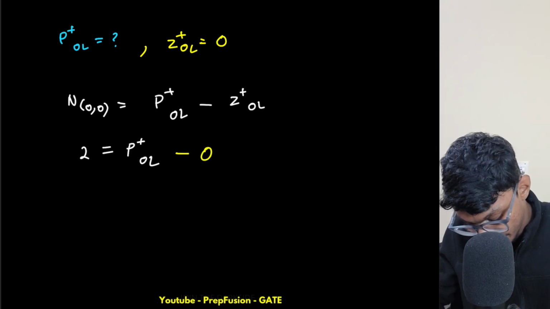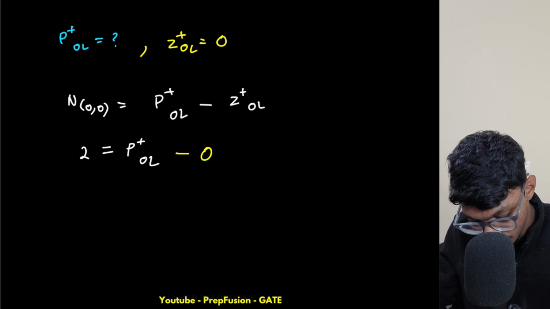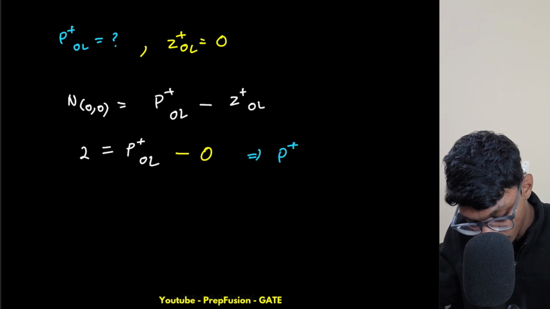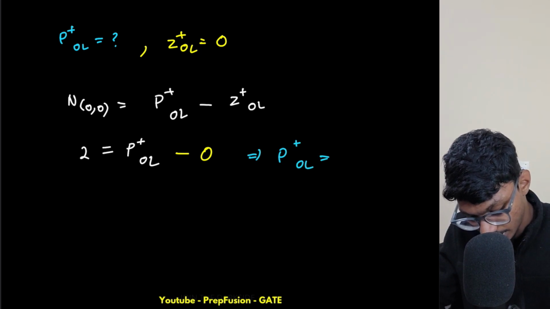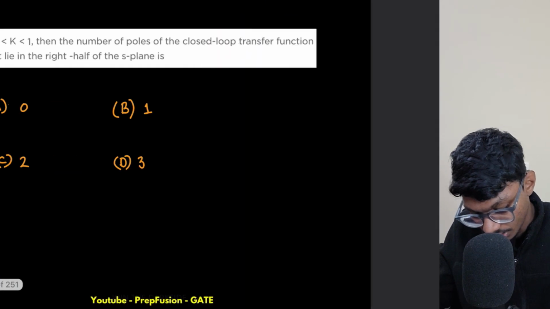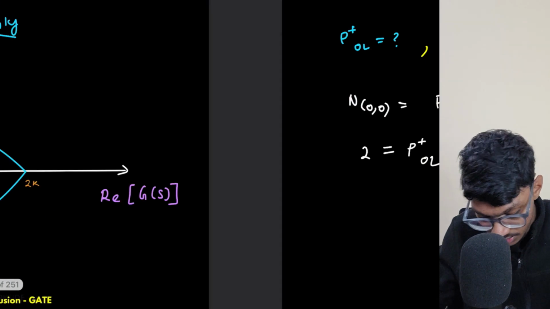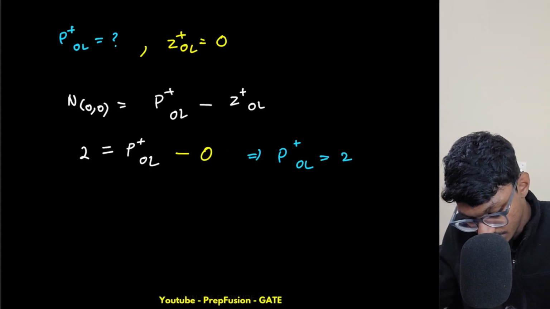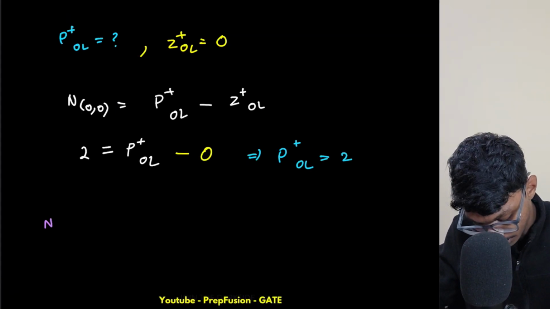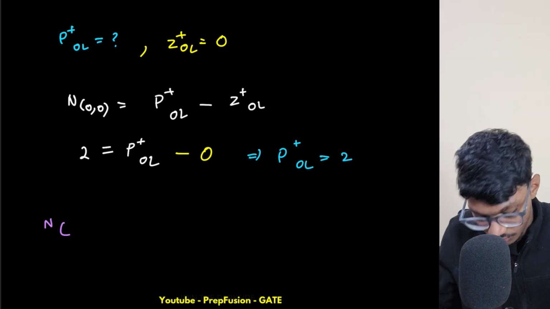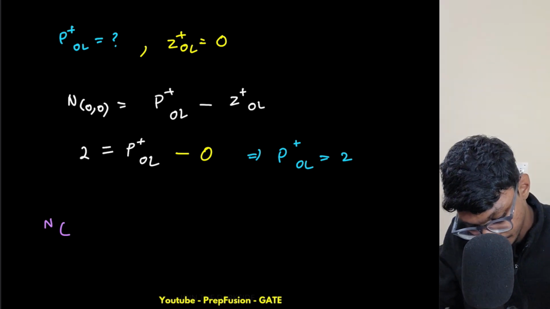So this is 0. So for my P OL plus, I have two poles on the right hand side of this plane. Obviously you can solve it using Routh, right, and get your sign changes, and that will do in the next method basically. Now you put the value of P OL plus in the second equation, so this is equal to simply